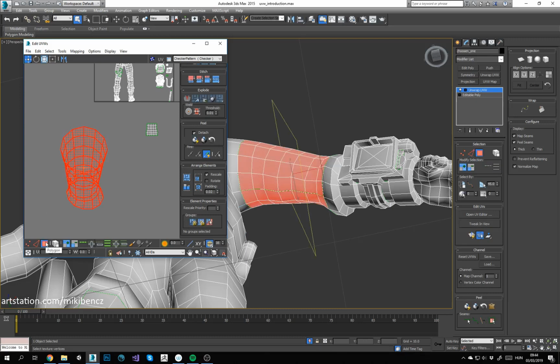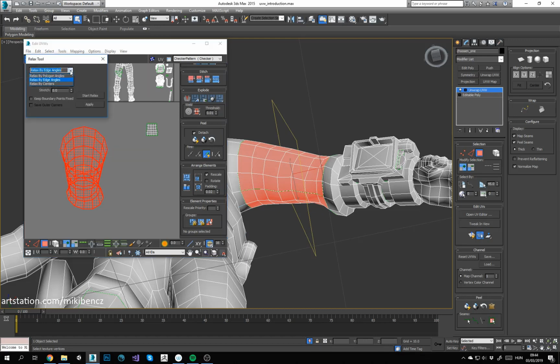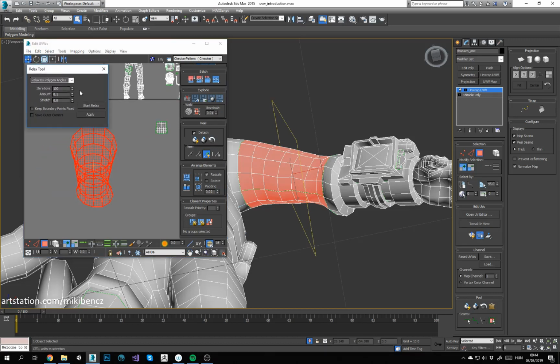I switch to polygon mode, select them and go back to my Relax thing, select the polygon angles, and if I now hit Relax, then 3ds Max will, as you can see, try and, based on the angles of the polygons next to each other, try and unfold all of these polygons and flatten them into 2D space. So that's basically the main tool that you want to use